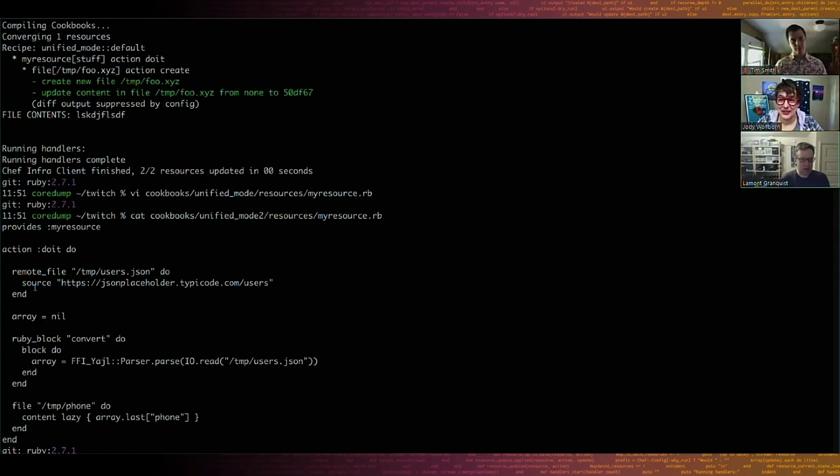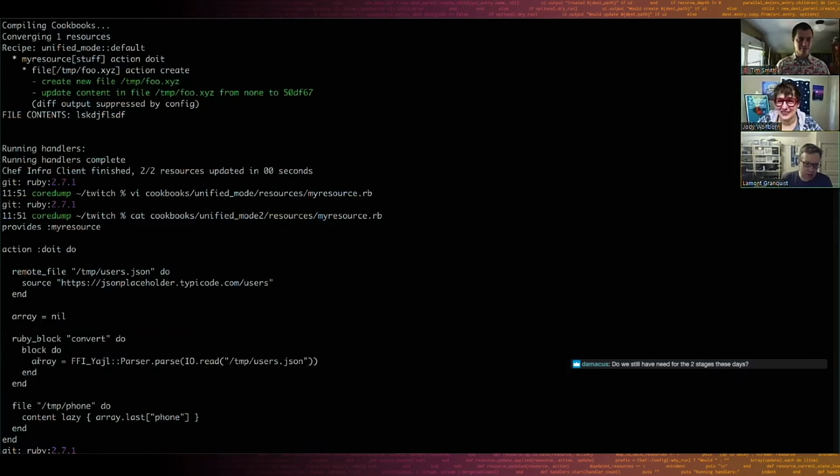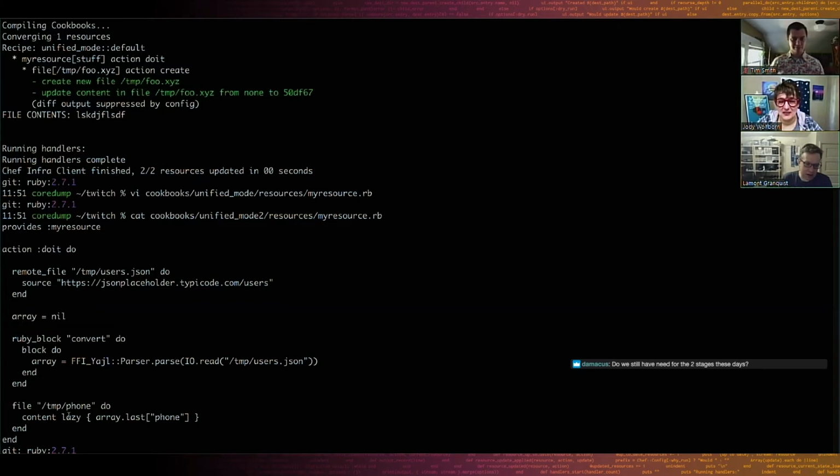Snuck it in under the cover of darkness. So this is horrible because we're having to lazy this parsing here. Because we're creating this inside of this block, we also need to know about lexical scoping here. And then we have to lazy this down here. The whole thing's kind of terrible.